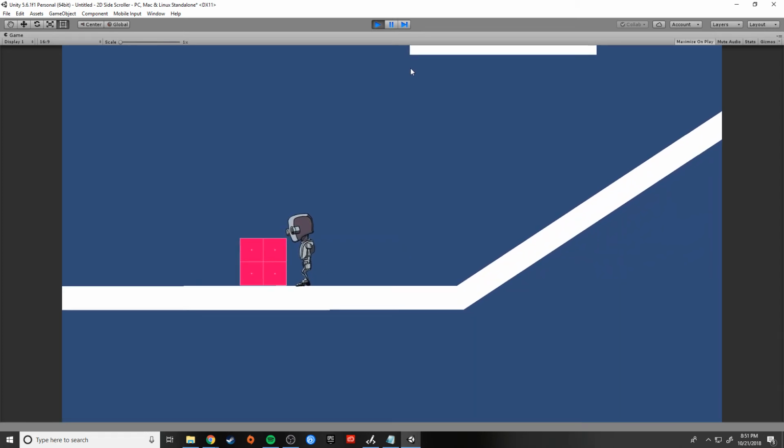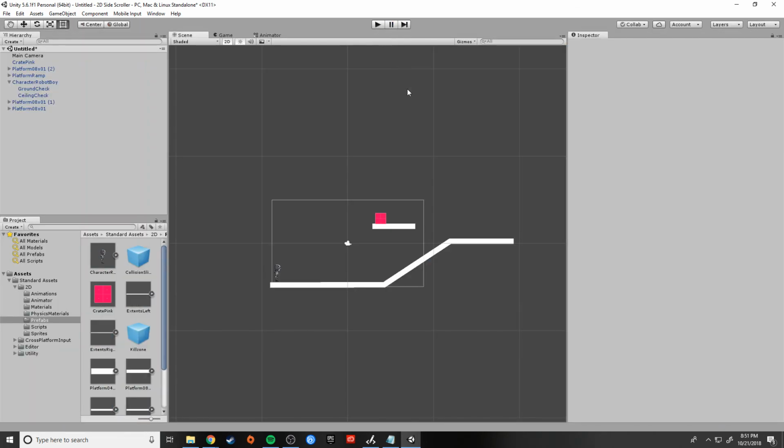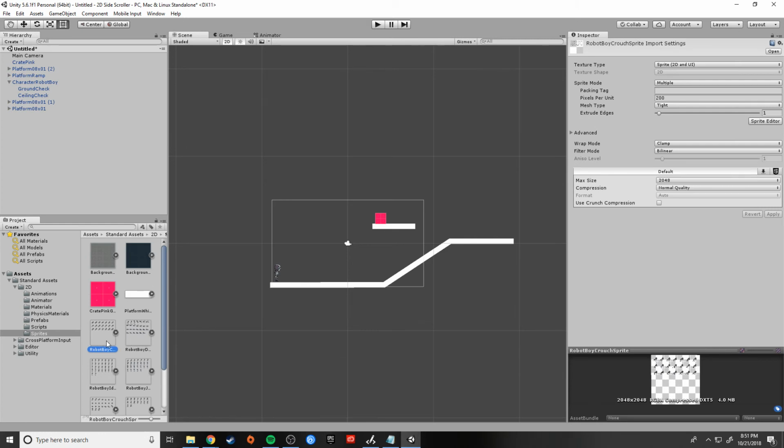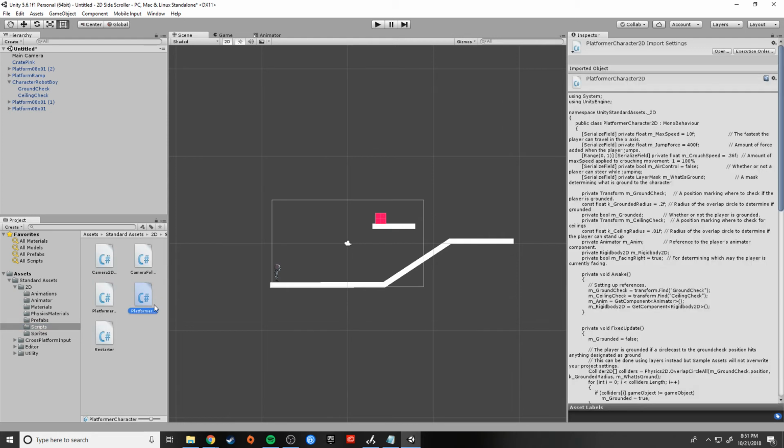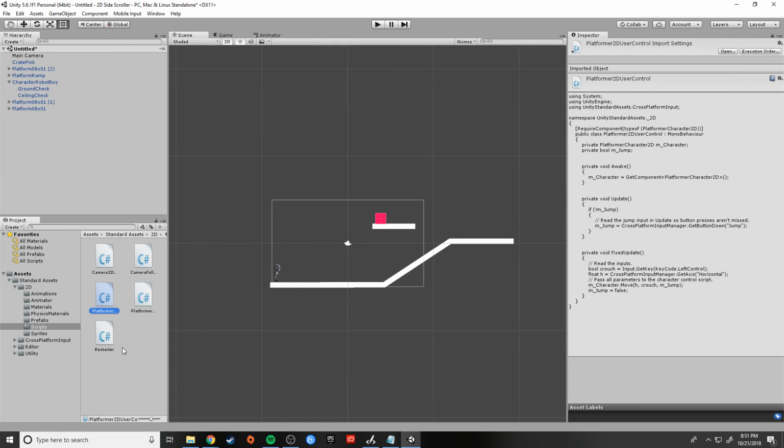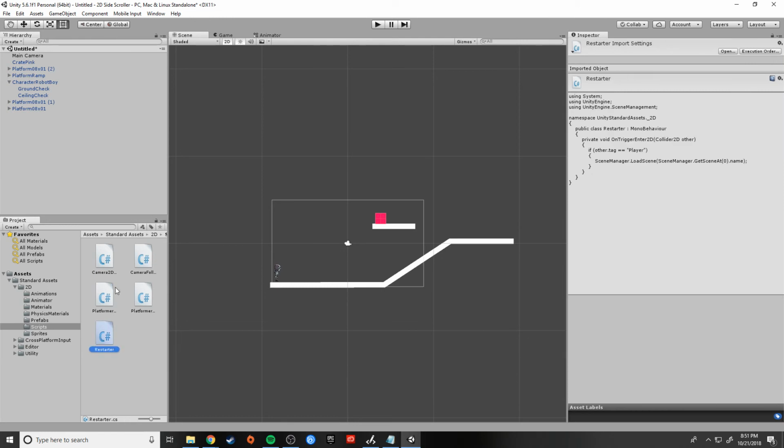So prototype your game, get some ideas, figure out how you want to build your game. Take a look through the sprites here, the sprite sheets for Robot Boy. There's a bunch of them here. Maybe not the scripts, because hey, you have them now. Now you can use them however you want. Look at the animations, look at the animator. Again, this is all for you to use. It's completely up to you to use it however you want, but this is just to generate some ideas for your game